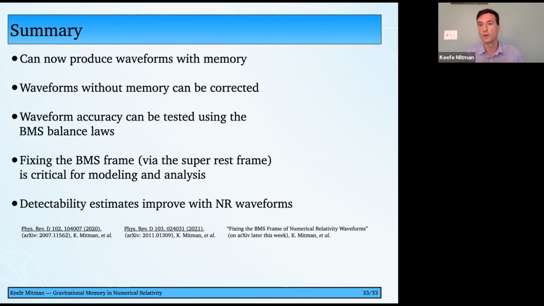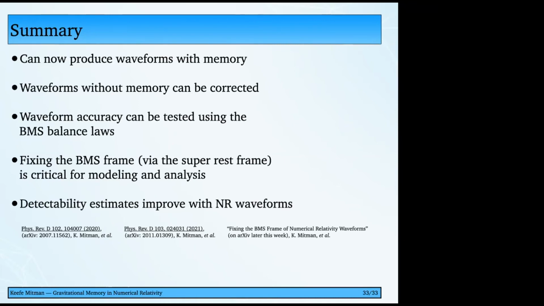So in the future, it's a question of how many hyperbolic black hole encounters there are. But in principle, it should be much easier to detect memory from hyperbolic black hole encounters. And so if we want to detect spin memory or center of mass memory, we should really be looking for those kinds of systems. But in that case, conceptually, I'm not saying numerically, would it be possible to fix the